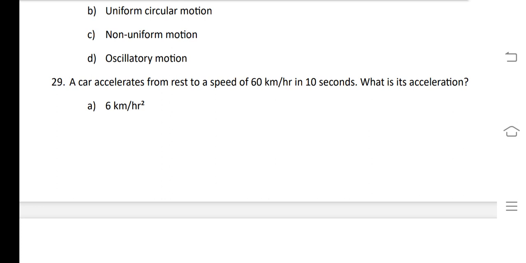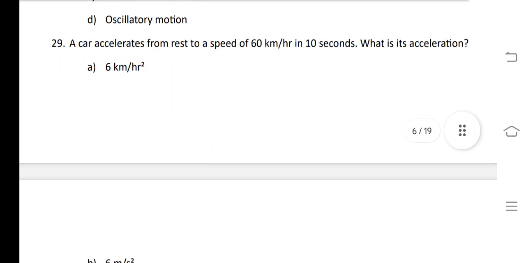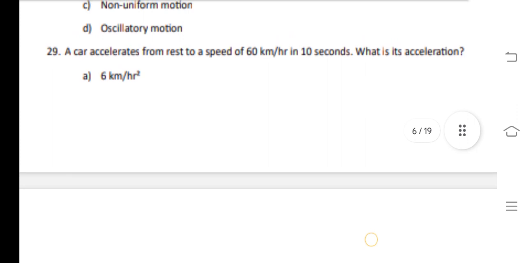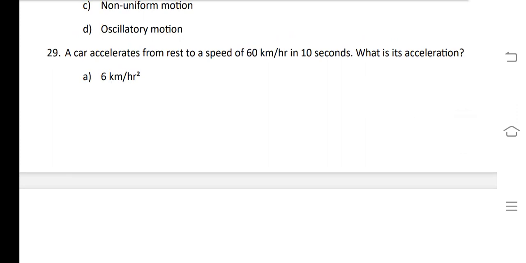In the next question, it is asked that a car accelerates from rest to a speed of 60 km per hour in 10 seconds. What is its acceleration? Acceleration is given by the change in speed upon time taken. First of all, we have to maintain the units. Here, the answer is in both the terms. So,